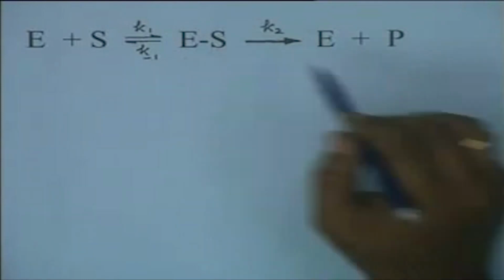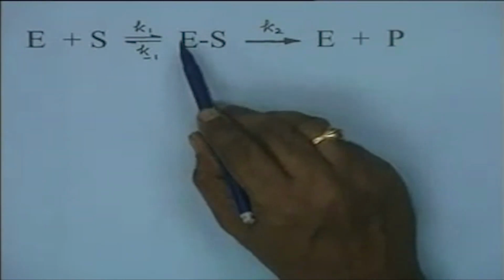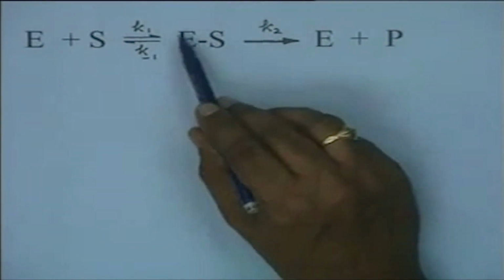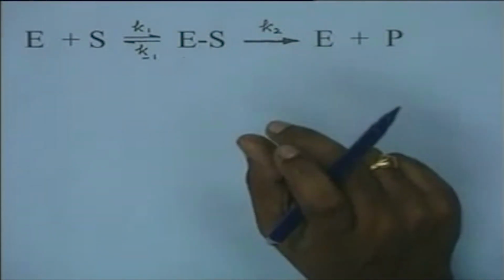So in the last lecture we had discussed Michaelis-Menten kinetics as applicable to enzyme catalyzed reactions, and also the modifications proposed by Briggs and Haldane, whereby they confirmed the formation of the enzyme substrate complex and the steady state hypothesis with respect to the formation of the ES complex, and that the enzyme substrate complex is in a steady state soon after the reaction starts. After a very brief induction period, the concentration of enzyme substrate complex comes to a steady state. That was the major hypothesis, and based on this